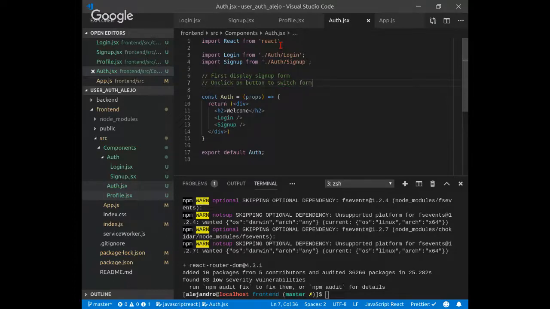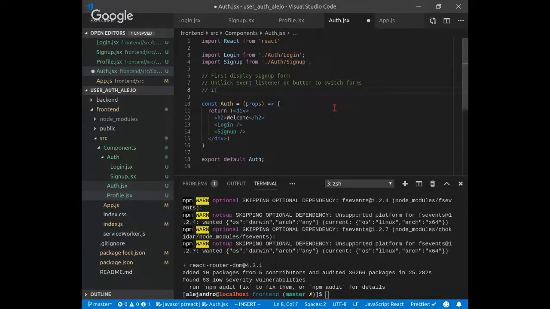Yeah. Okay, yeah, this is a really good start. On click. So this should be like on click listener. Switch forms. Okay, how do we do that? Button on click. If login, take to sign up. Wait, what? I was thinking the same thing. Yeah. Why don't we hold that